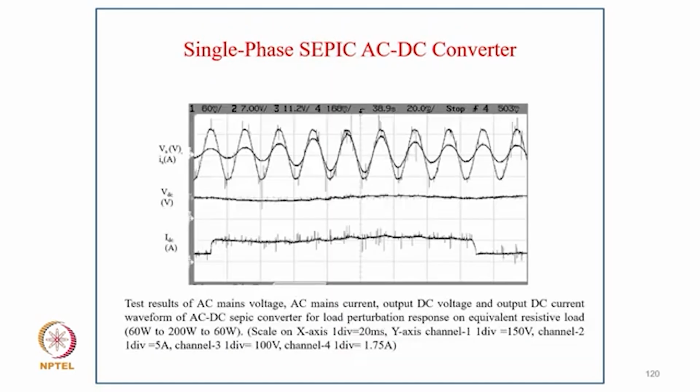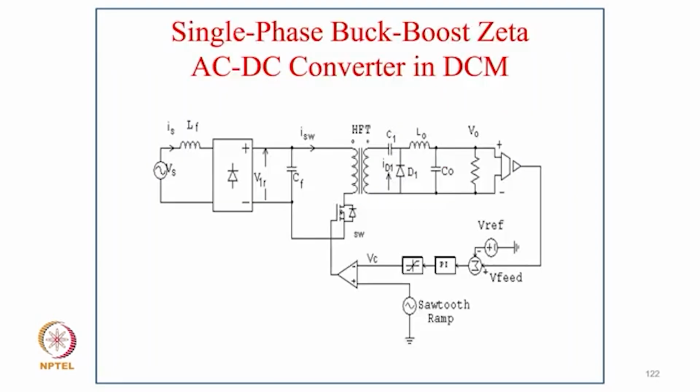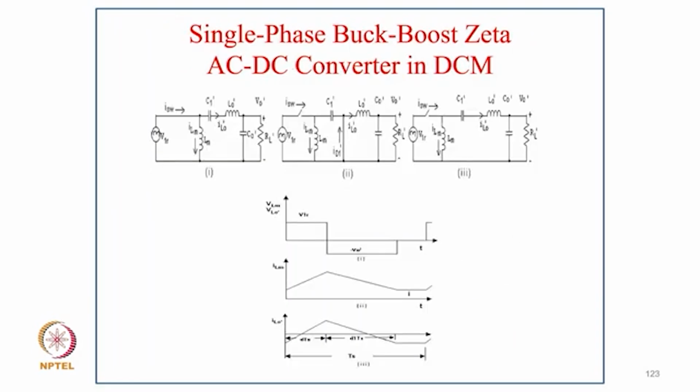And these are experimental results for the SEPIC converter, which was developed in the laboratory environment. When the load increases, the supply current increases, but the supply current shape remains in phase with the supply voltage, and it has inherently perfect correction. Coming to case study third, the single phase Zeta converter in case of DCM. This is the case of the Zeta converter, where again we regulate the output voltage. Since we are designing in DCM, input power factor correction is inherently achieved in this case also.